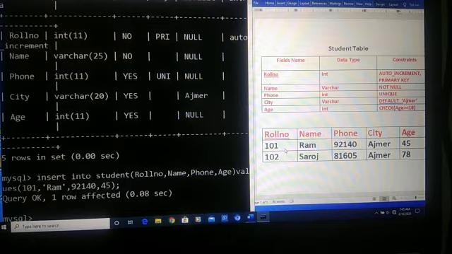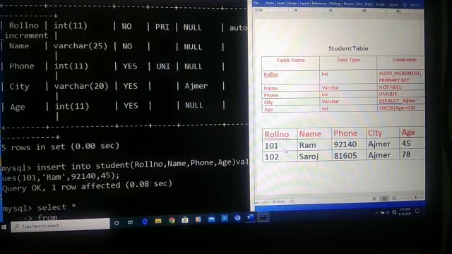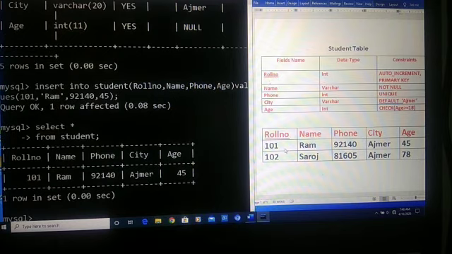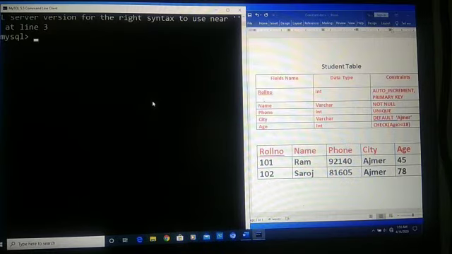If you want to display your whole data, then we write the command select asterisk from student. Yes, our data has been inserted, you can see here. Is it clear? Now we will insert our next information. To insert it, we will again write the insert command: insert into our table name student,